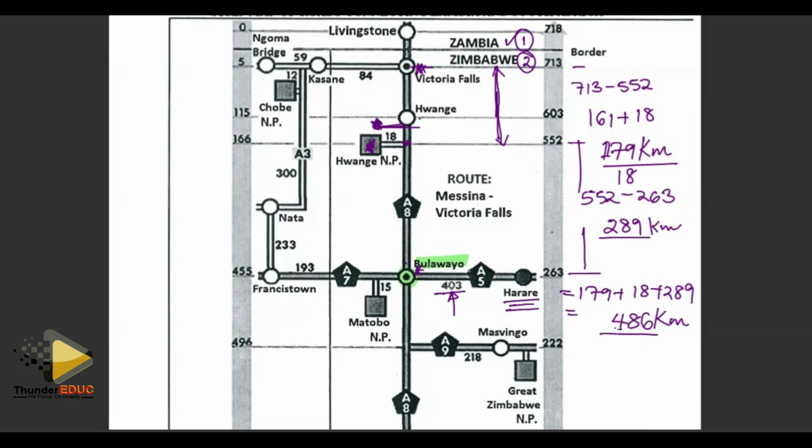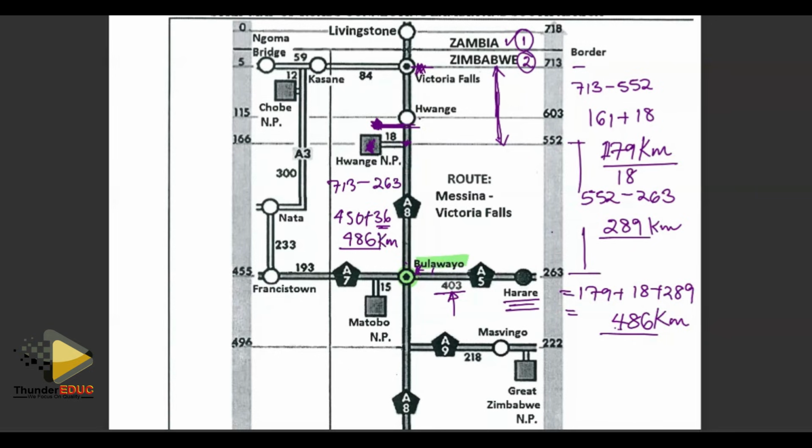Another one, someone would say from Victoria Falls to Bulawayo. What distance is there? You take 713 minus 263. 713 minus 263. You get 450. Add on the 36. The 36 comes from the 18 in, 18 out. So it becomes